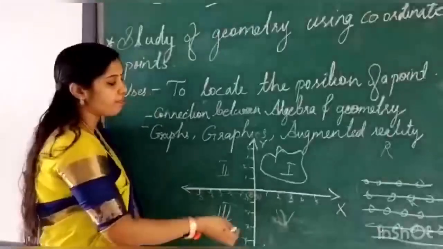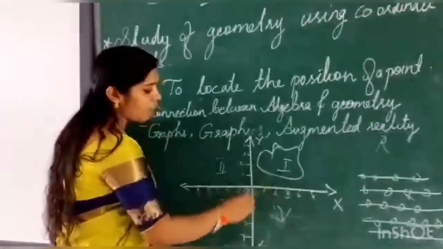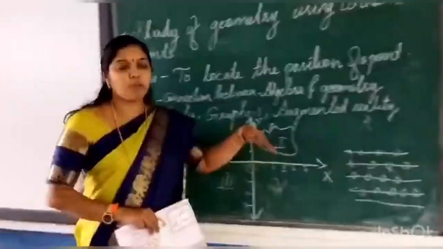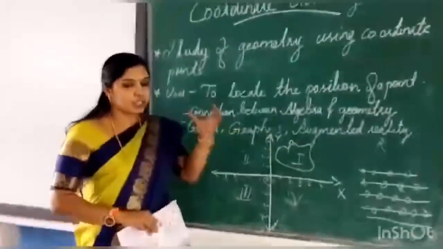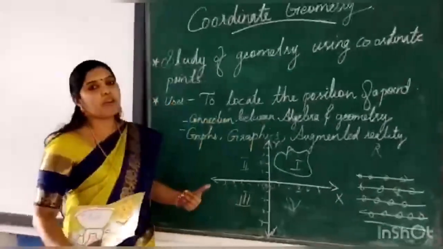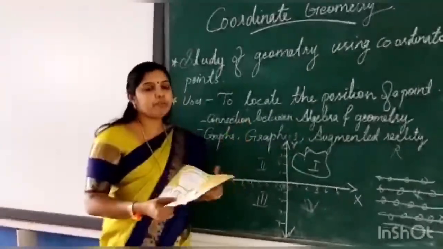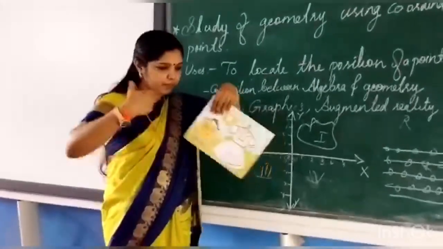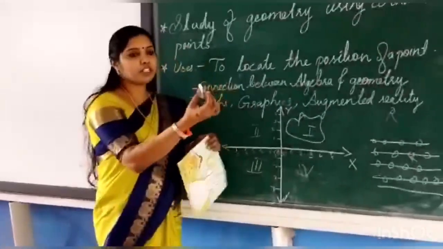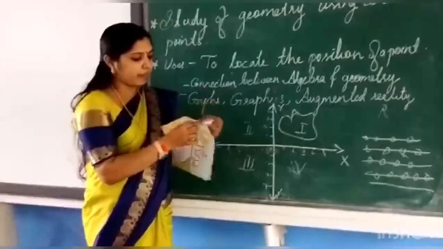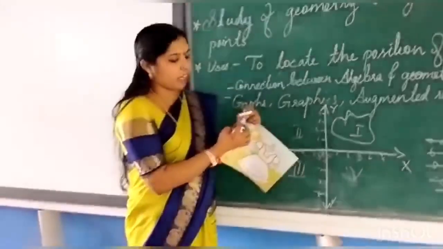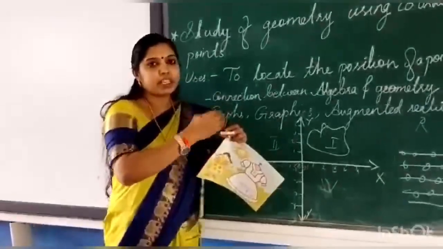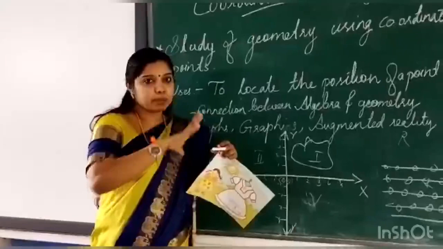So I am moving further. Then how to locate a point? Like this XY axis, you can take the YZ axis also. Once we come to a solid shape, we can consider ourselves. See, we are solid shapes. Here you can see only length and breadth, we are neglecting the thickness. But if you consider ourselves, or this chalk piece, length is there. If you keep it like this, to make it more clear, length is there, breadth is there, height is there. That makes the 3-dimension space.